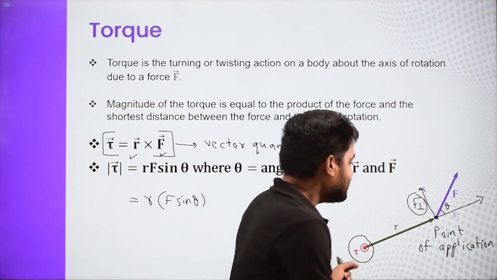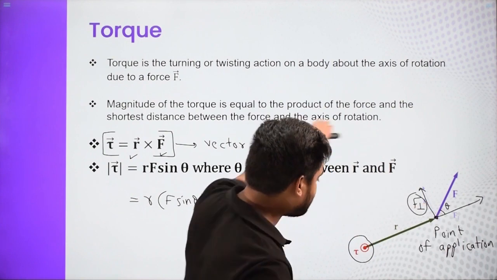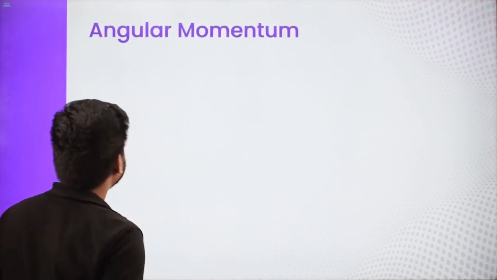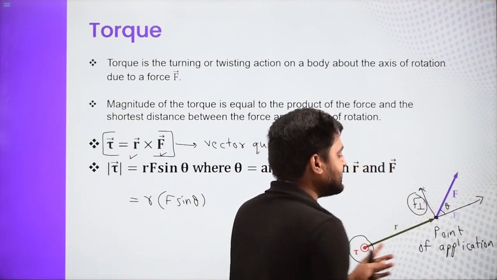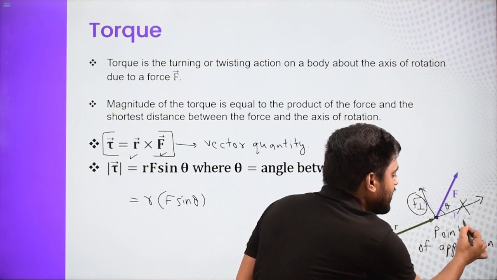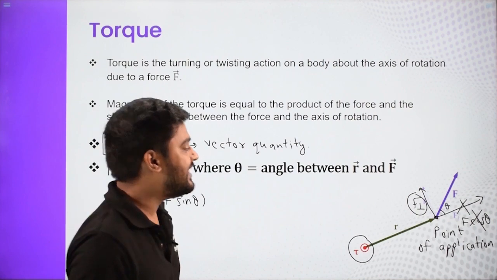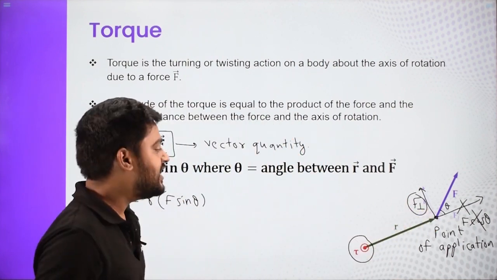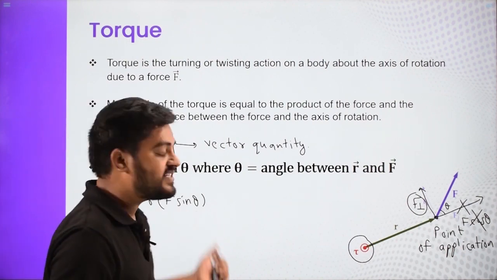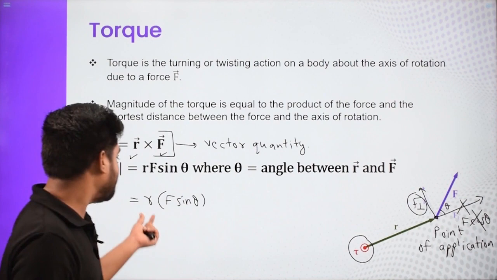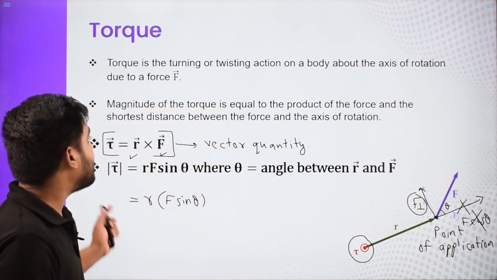Now come to this point. This is the axis about which this force is trying to rotate, right? This force is trying to produce a turning effect. But this component is just trying to pull it. This component, F cos theta, does not produce any turning effect at all. The turning effect is produced by this perpendicular component, which is F sine theta. So we will say that torque is equal to R times F sine theta, or to be precise, the distance of point of application times the perpendicular force at the point of application. So we can define our torque like that.